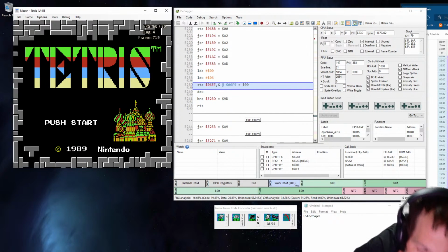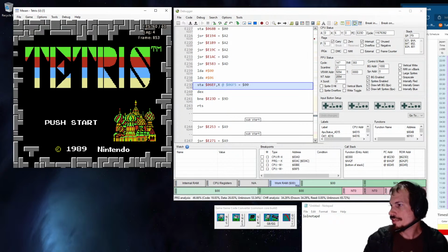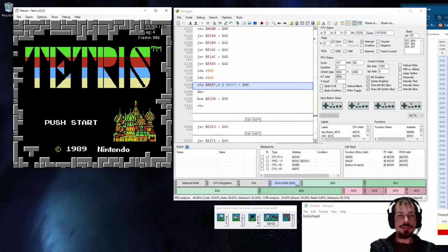So basically, there was someone on Reddit that wanted an endless mode B. For those that are unfamiliar with NES Tetris, mode B is something that